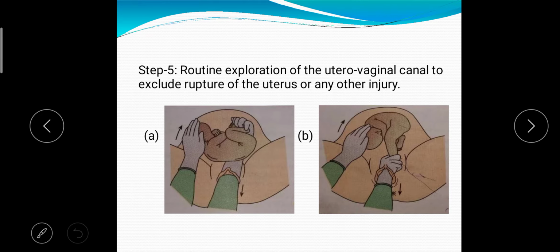Now I'll tell you in the picture, you will get a clear idea. You can see they are going to introduce one hand inside the womb and the other hand is outside, and they are going to find out the legs. So this they have found out. After that slowly they put a traction and they take out one leg. So if they remove one leg, easily they can go for removal of the other leg also.